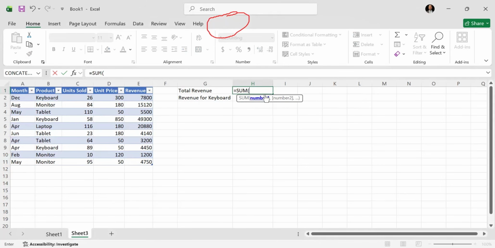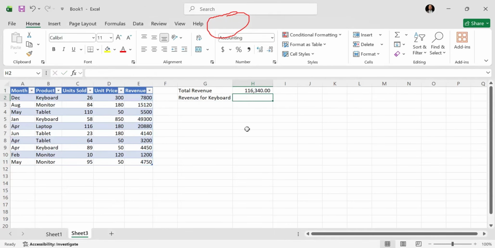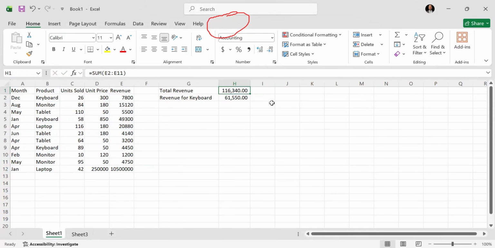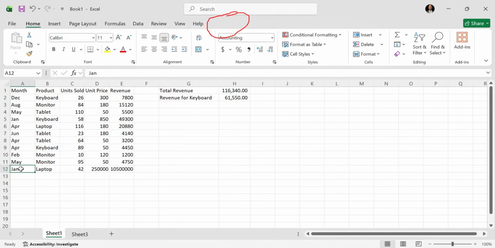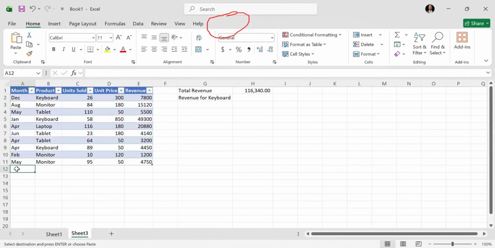Let's do the calculation like we have at the other side. Okay, let's say we have the total sum and we're going to add all of this together. Now, take note of something. You can see Table2, Revenue, the way it is written there. Then you have the total sum, which is the same as what we have here. 116,340, 116,340. Now, let's add the same data that we added here. Our laptop, I'm just going to copy it, okay? And then copy it down to this point, paste it,